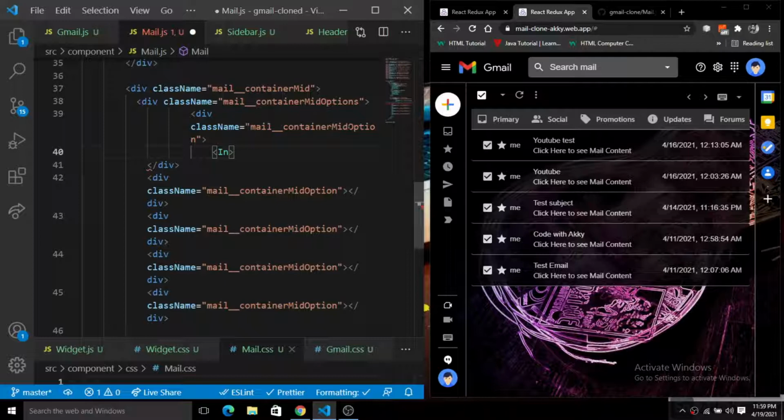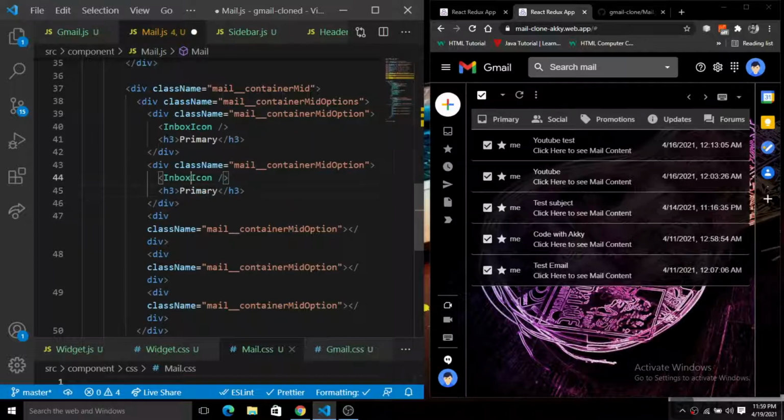So grab this in the same way, put this inside of this div, and instead of this inbox icon we have a people alt icon, right? So people alt icon, and instead of this Primary we have Social. The next we have Promotions. Okay, so next we have this promotion, so we have a shopping icon, right? So we have a local offer icon, and instead of this we have to add Promotions, right? So we have this inside of this promotions.